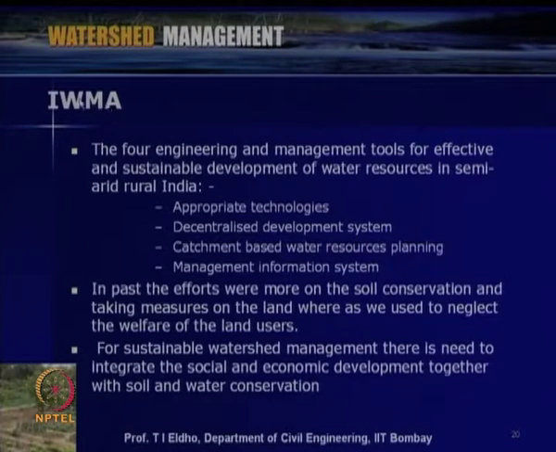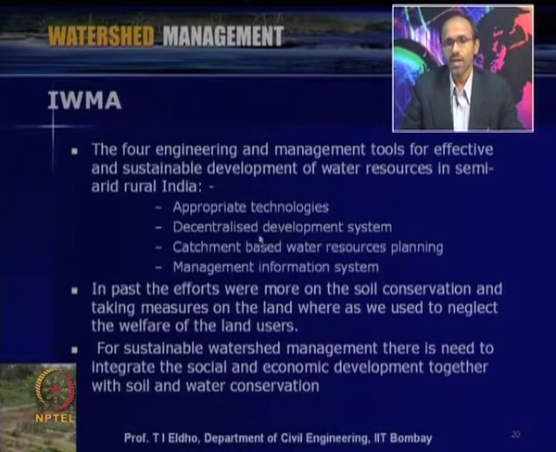Within the perspective of the integrated watershed management approach, as far as science and technology is concerned, we can see that 4 engineering and management tools which can help in effective and sustainable development include appropriate technologies, decentralized development system, catchment based water resource planning, and management information system. So, for the considered system we can develop appropriate technologies, and then go for decentralization of the system, and then catchment based or watershed based planning is implemented, and we can develop an appropriate management information system